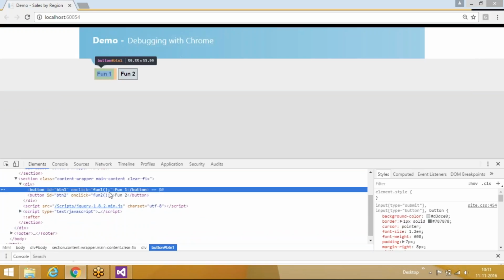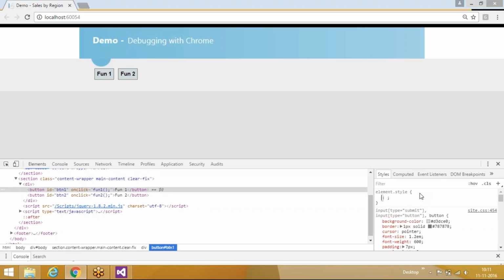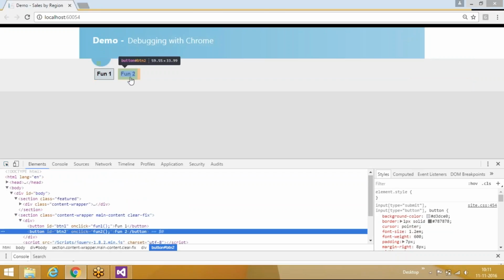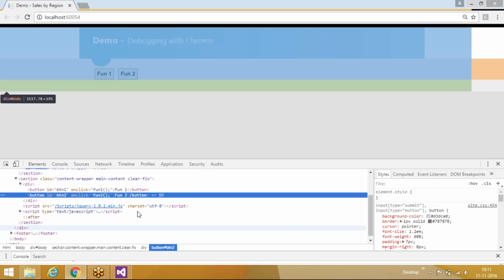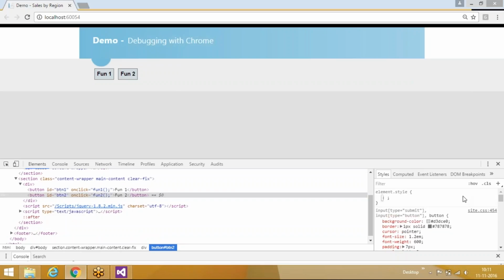Then the thing is, if you want, you can design this, you can change its style, whatever you want to do, you can do here itself, and you can see how your page will look if you change it that way. Suppose I want to change the width of my button, right? So here I'll go there and click on that, so the control of these developer tools will come to button 2, and I go here on the right bar, right,